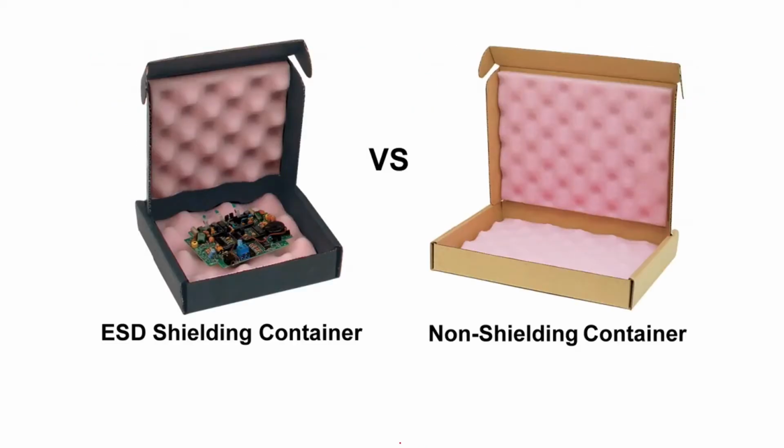Now, it can be shown like this. Here on the left-hand side, we have shown an ESD shielding container. This will be a container in which you have kept this board, and this container will save that board from the ESD effect. You can also have containers which are non-shielding, but shielding will be very important. Shielding means it will not allow anything to affect the system or components. Nothing will get discharged through the component or the system. So it should be an ESD shielding container.